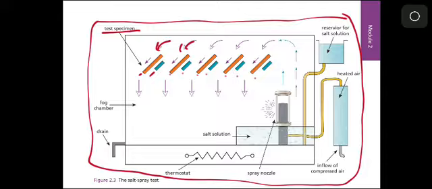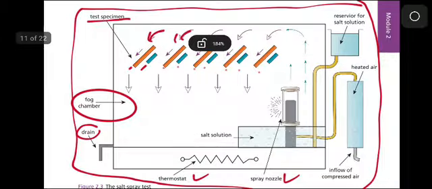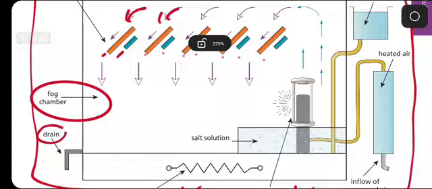You understand? You see we have here a fog chamber. You draw that, drain there, thermostat there, spray nozzle there. You draw inflow of this heater, this thing, guys. You'll see, I did draw this thing, guys. You must practice it, then you'll cram it. If you keep on drawing it, your brain will be used to this structure. You understand? That is the key that I've used there. I just drew it repeatedly, then I was able to,